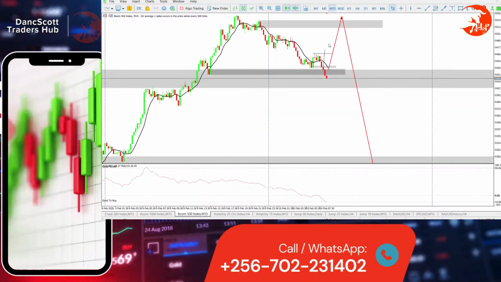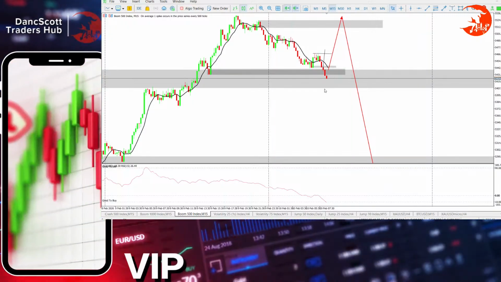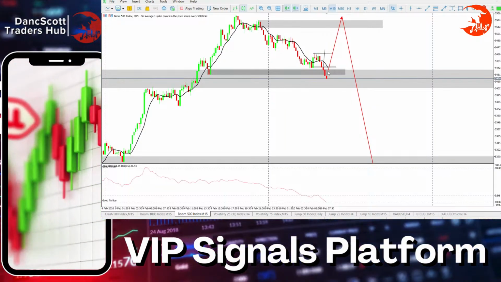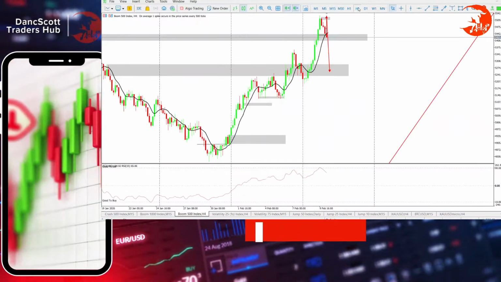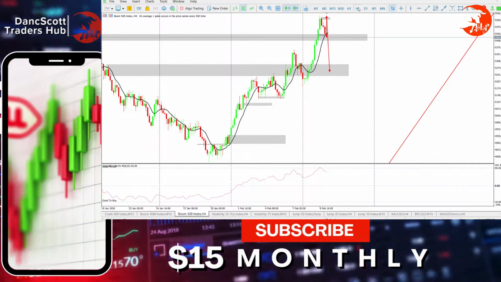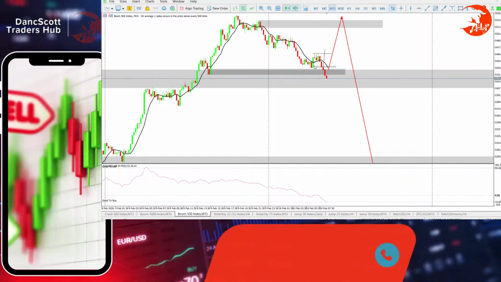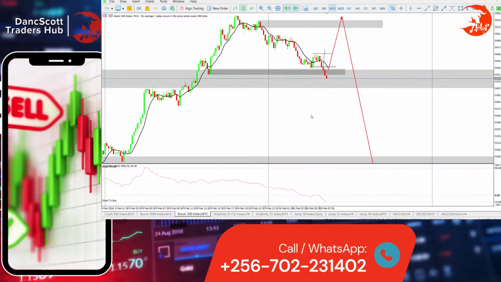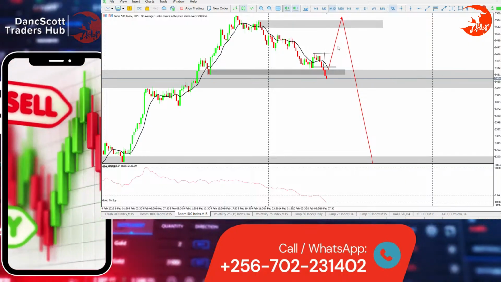Boom 500, it has not given what we wanted. It has now broken. I told you if it breaks, then we might as well continue with the sales, and now that is what is happening. It has broken this level. But do we confirm that we are going to continue selling? Because it can be a fake breakout. So no business here yet. It's not yet confirmed. Yes, it has given us a break of structure. It's looking for a new lower low on M15, but anything can change in the next few minutes. So no business yet.